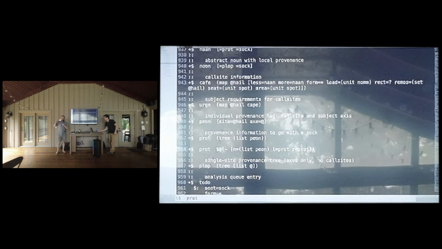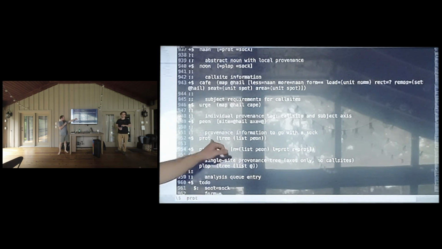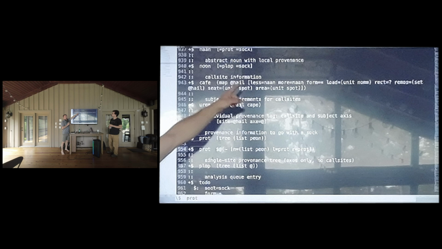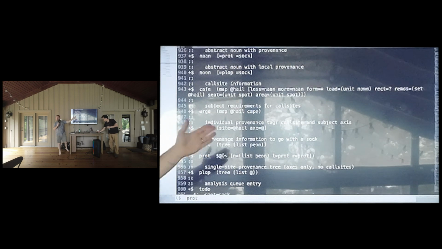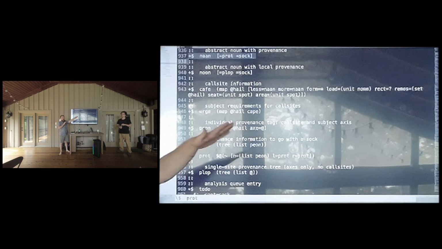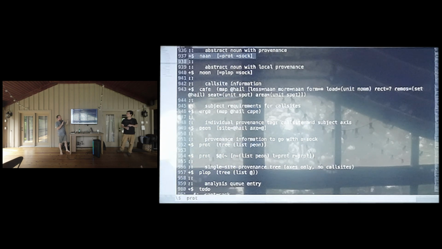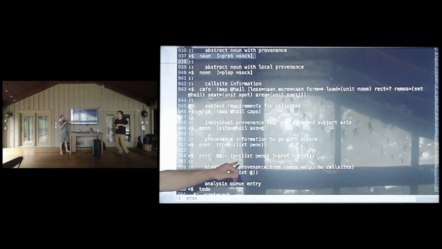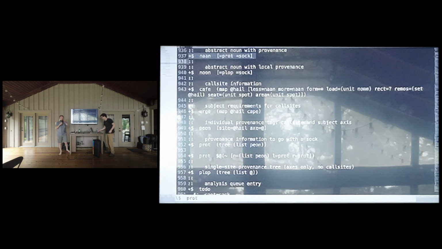So what I need to do then, when one of these, so a non is a pair of one of these and a sock. And so now this is what I actually push through the analysis, right? So I'm still pushing socks through the analysis the exact same way, but whenever I descend into a call site, I'm tagging this structure for the subject and saying it came through this call site. What this means is, if we can go back to knock 2,